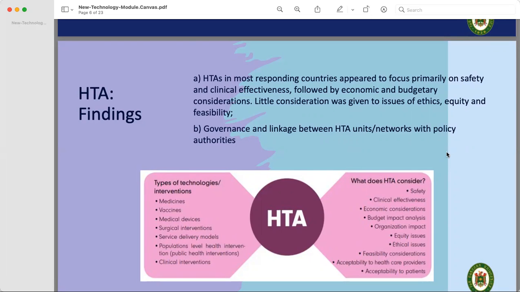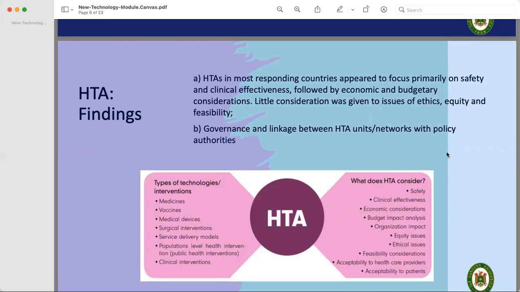However, there are economic and budgetary considerations. So, of course, logistically wise, application of health technology in public health would require financial support, to be able to fund these technological advancements. But then again,